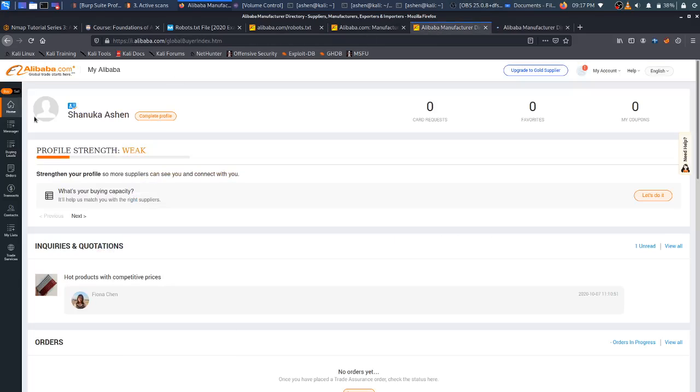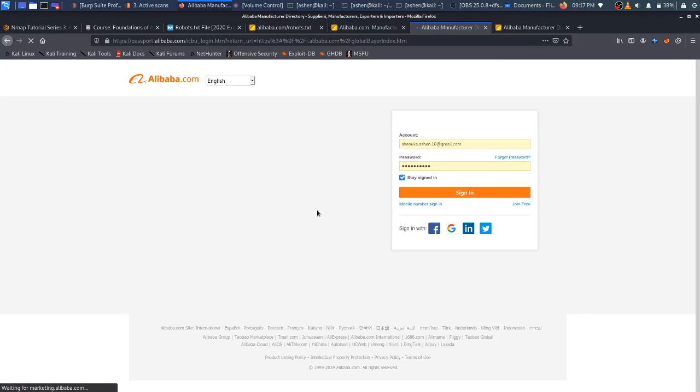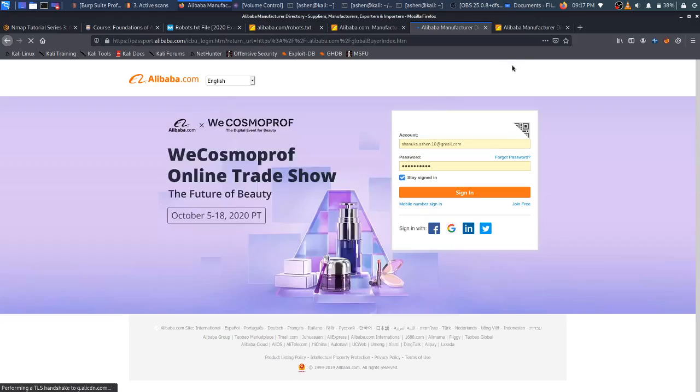I can ensure that by reloading this. Okay, now I am logged out. I can use this to log out any user, and after that he needs to send his login credentials again to Alibaba.com. Then the man in the middle attack can execute.